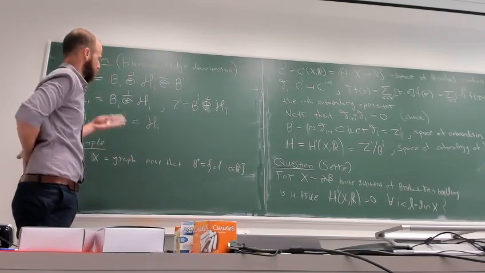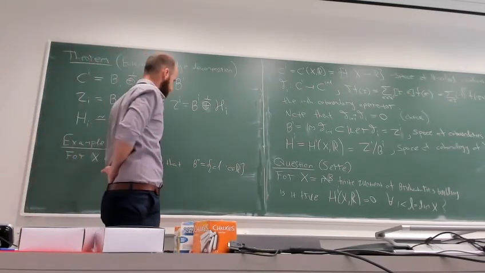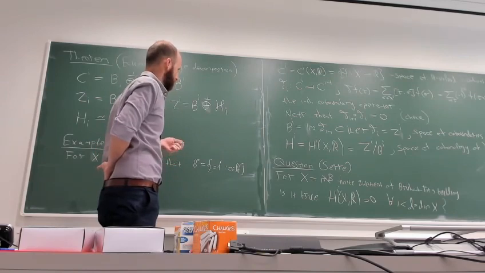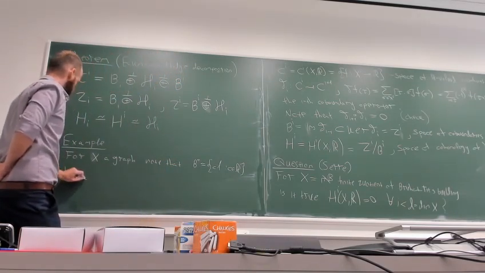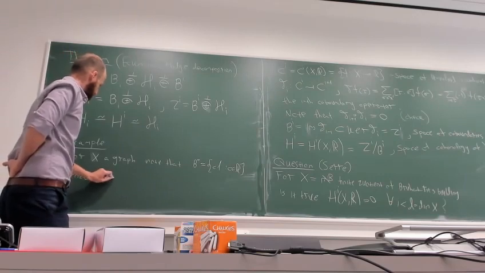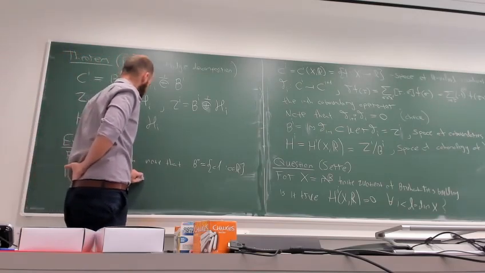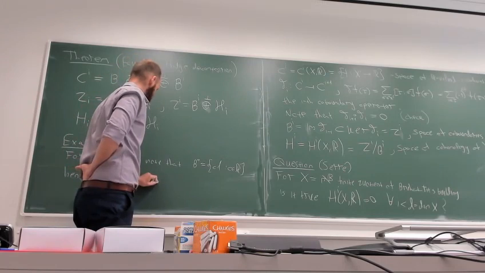So if I want to show that the cohomology is trivial, and H0 is trivial, which is the same thing as saying that X is connected,